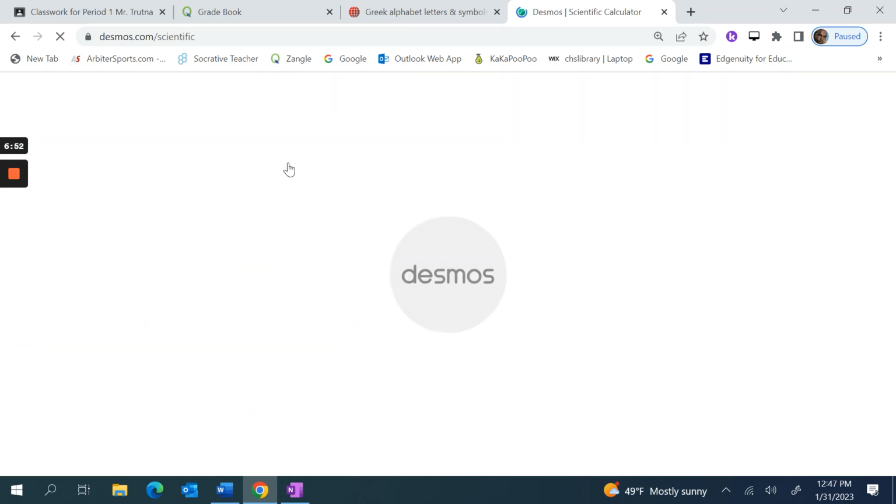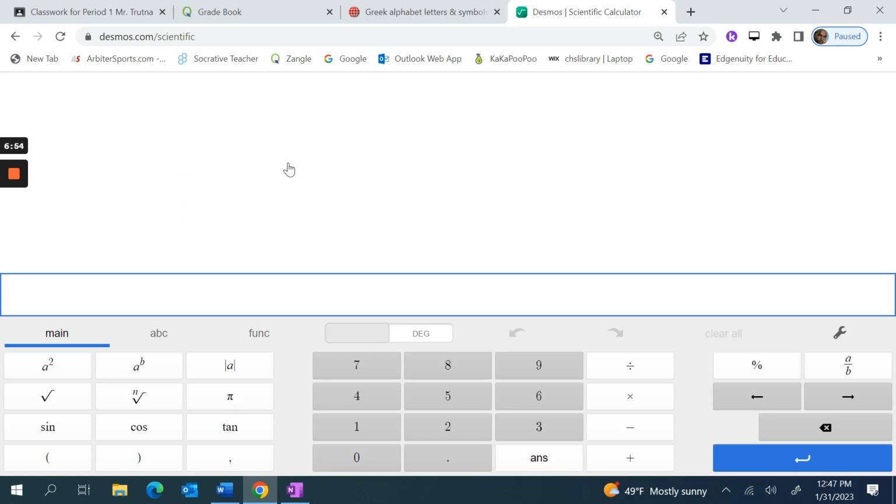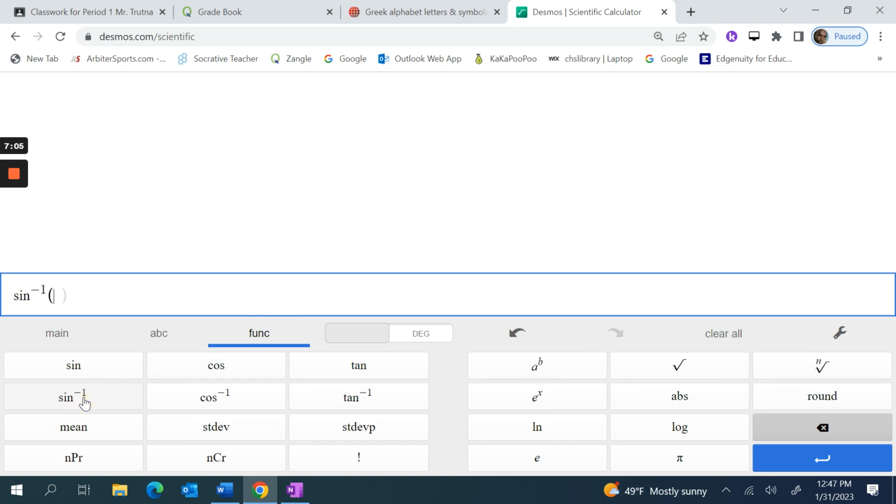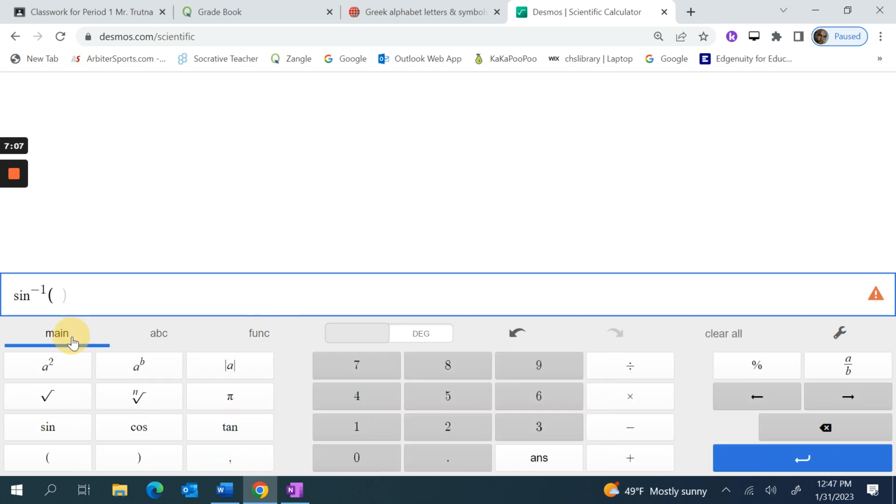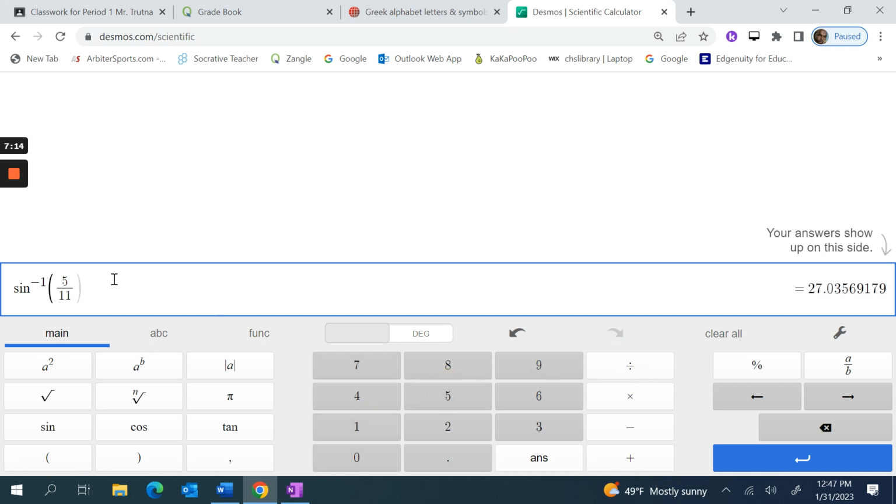So I'm going to use my scientific calculator. All of you should have a scientific calculator on your desk. So I'm going to activate the sine -1 function, and I'm going to do that by going here, sine -1. And then after I activate the sine -1 function, I'm going to type in the fraction 5/11. And you can see that the answer is a very long decimal,